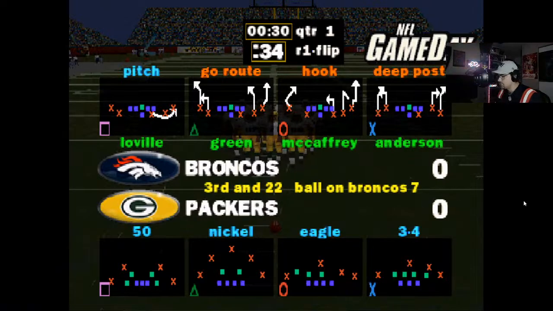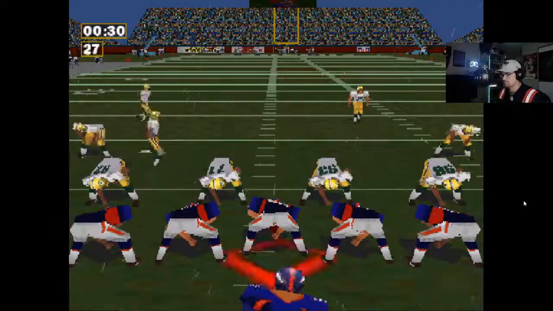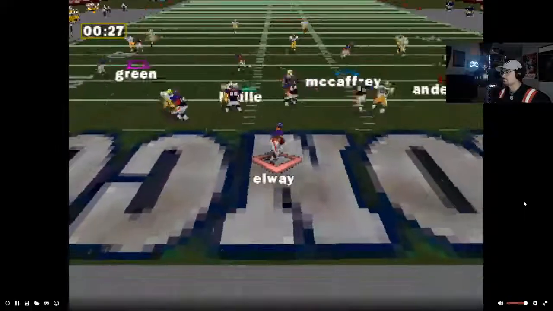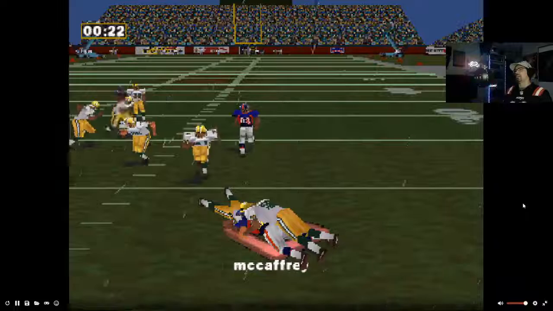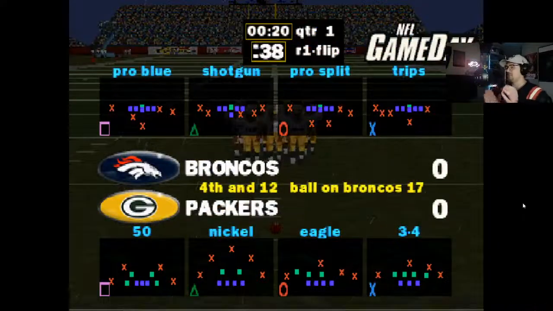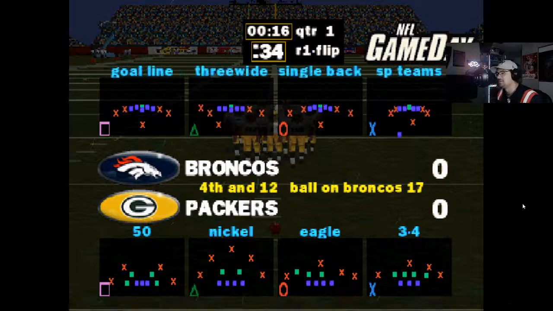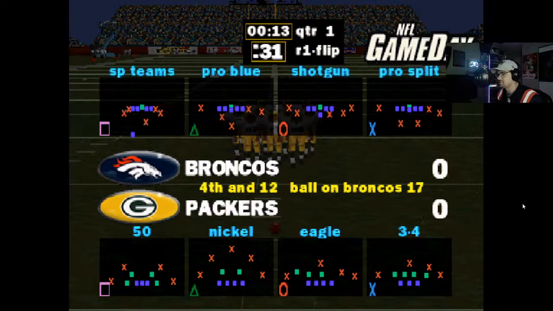Let's try the hook. Third and long. Special teams. Where's special teams? There we go. Square.